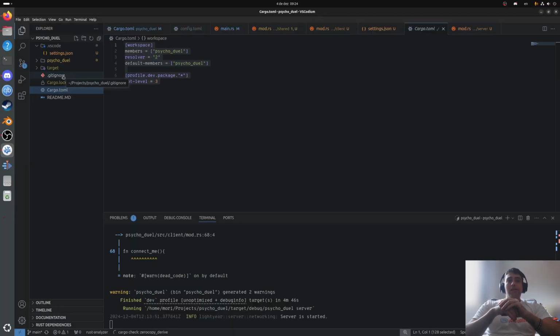But this Cargo.toml, as we saw in the last video when we built it, is going to do something really simple. It's basically your workspace controller, the guy who's going to tell you exactly who to run, where to run, and why.